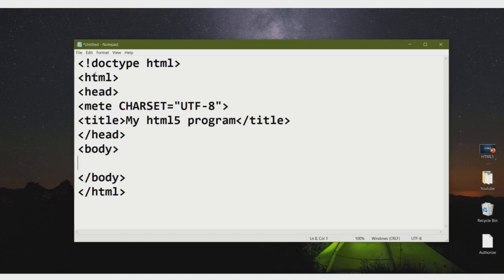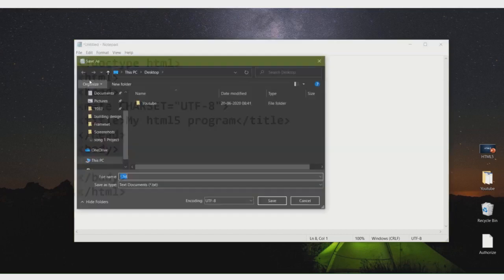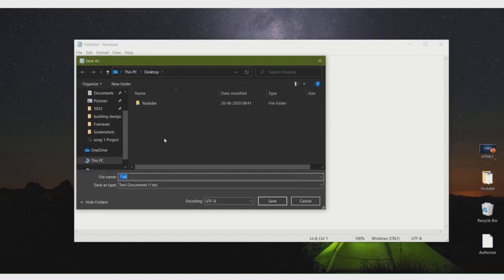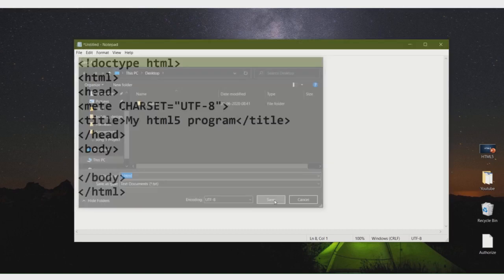So let's see our document. First you have to save and choose the location and give the HTML file name. I am using a.html, the extension as same as HTML file, dot html is the extension, then save.